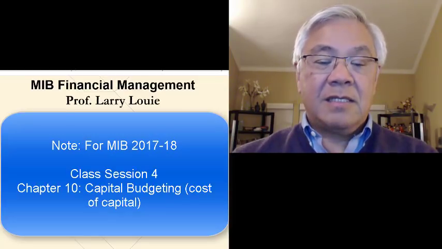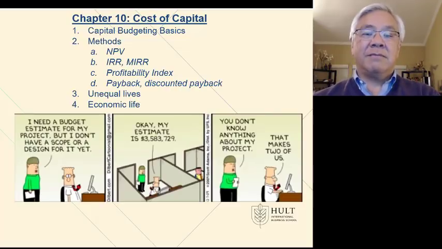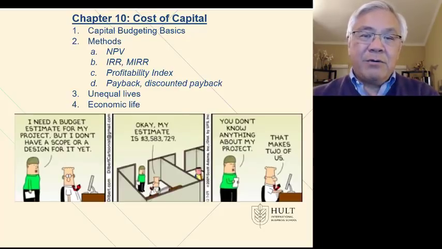All right. So first, let's look at the objectives. We're going to look at capital budgeting basics just to familiarize ourselves with the process and the types of things that we're likely to see. Then as far as methodology, we're going to see all types of tools today. We're going to look at net present value, the internal rate of return, the modified internal rate of return, the profitability index, payback, and discounted payback. Then look at some complications that are common in real life, such as unequal lives of different projects. And finally, looking at the economic life versus the physical life of certain assets. So we have a lot of work to do in this particular module,